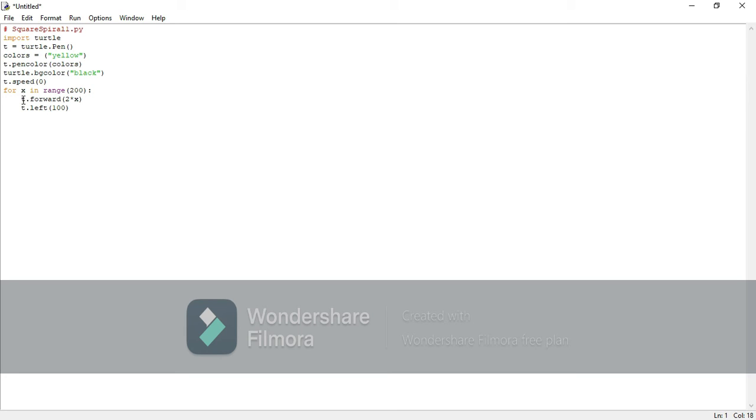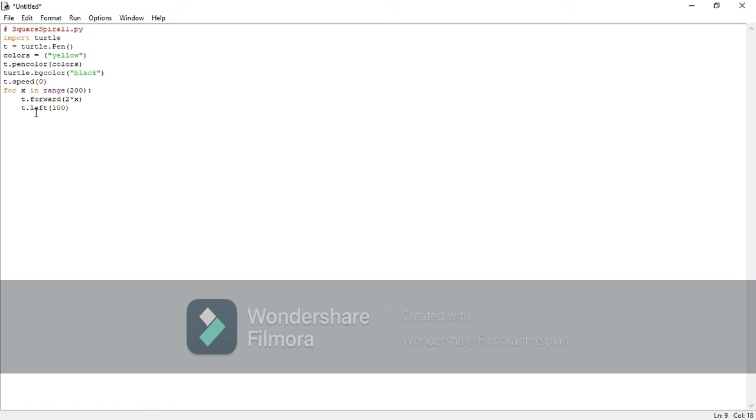T dot forward 2 multiplied by X, the star mark is a multiplication sign in Python, and T dot left 100. We want our turtle to go left.